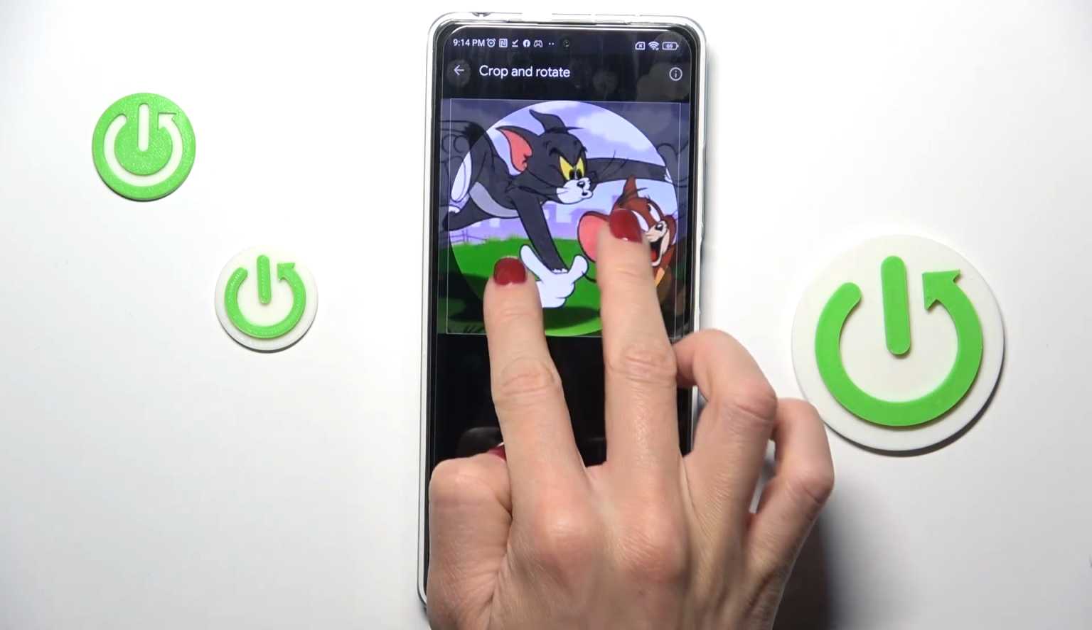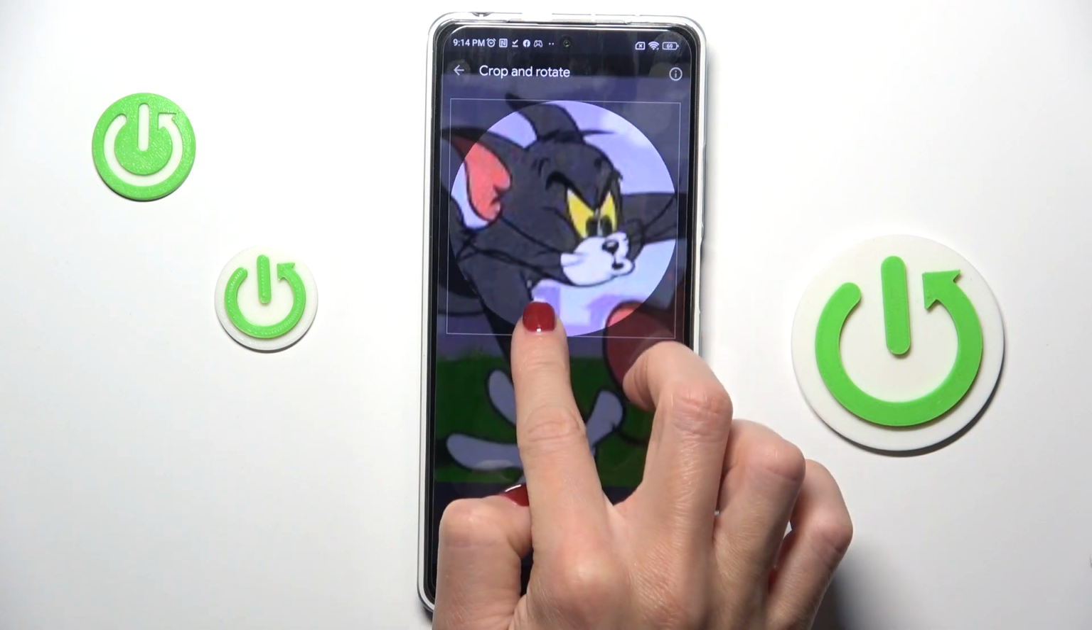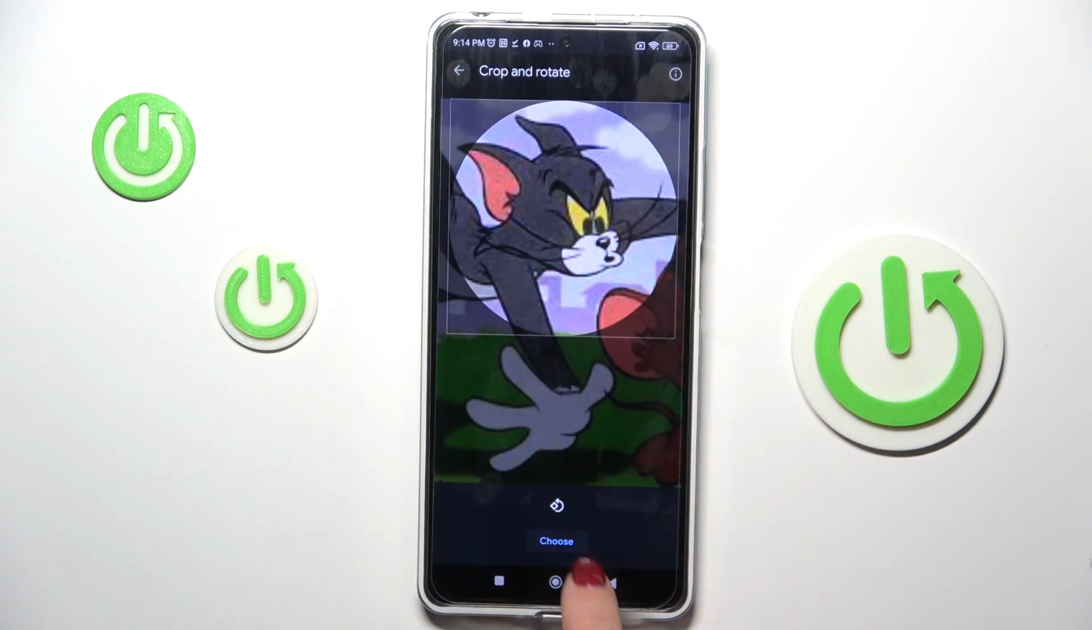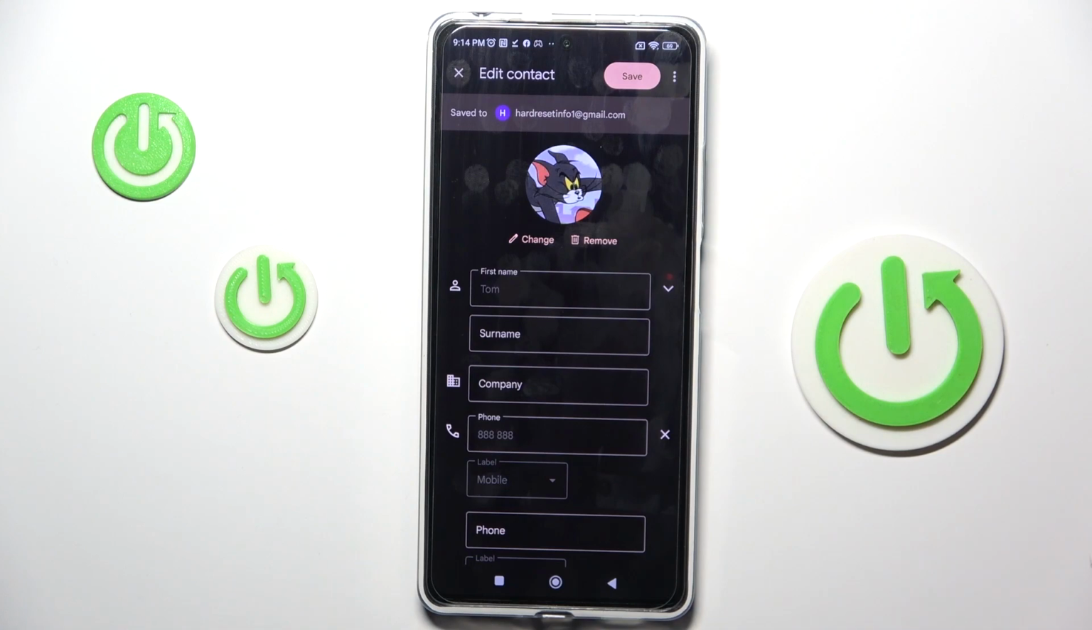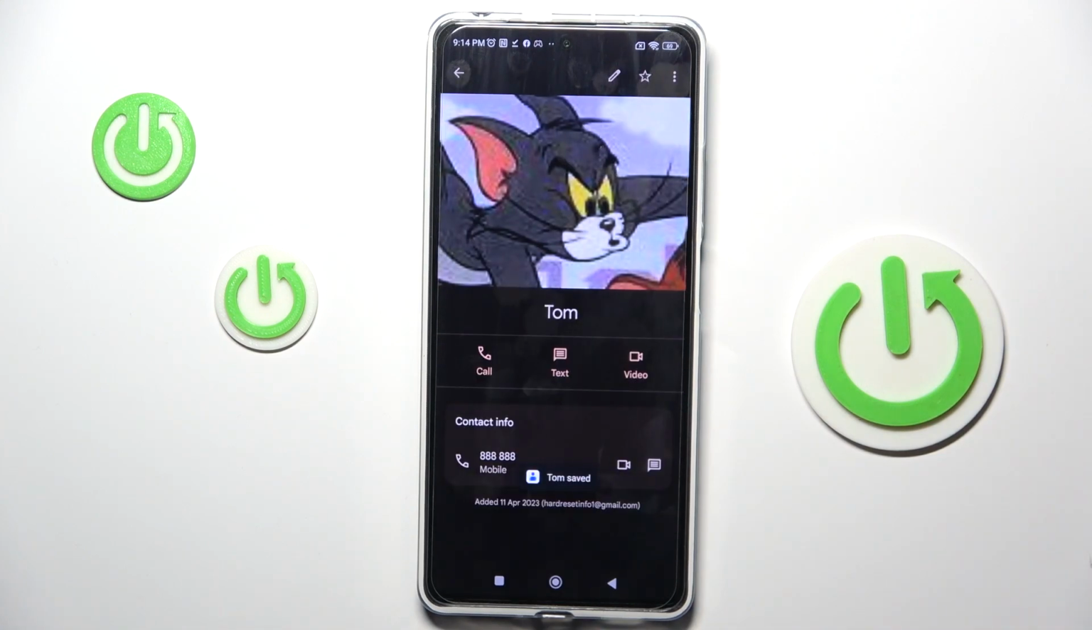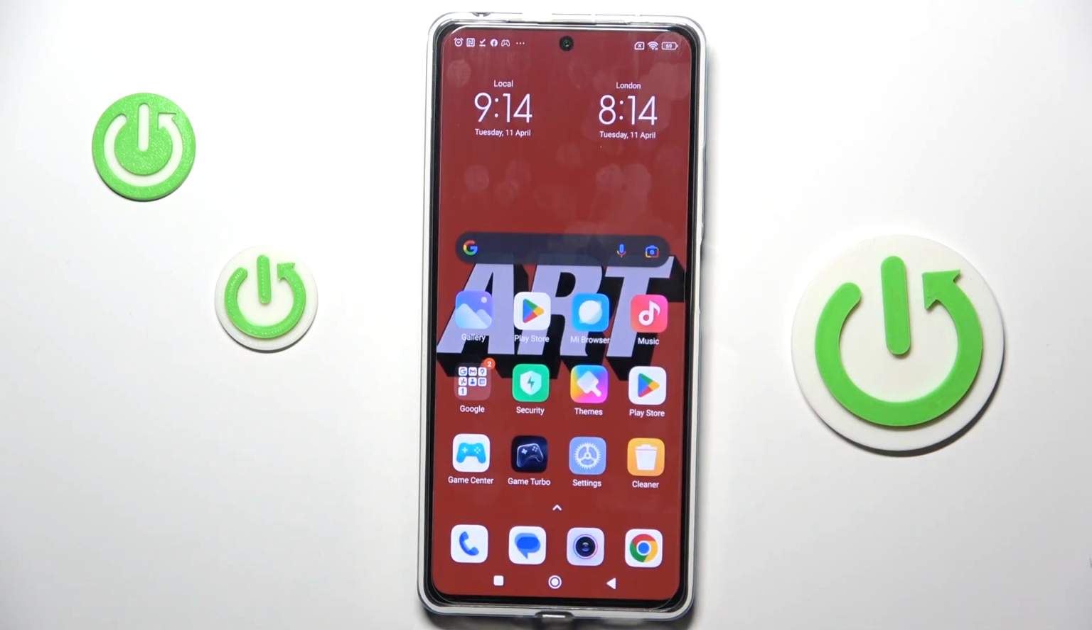So now you can smoothly customize the picture that you wish to apply. Tap on choose and click on save. And that's it, that will be all. As you can see from now on, this picture is assigned to your contact,